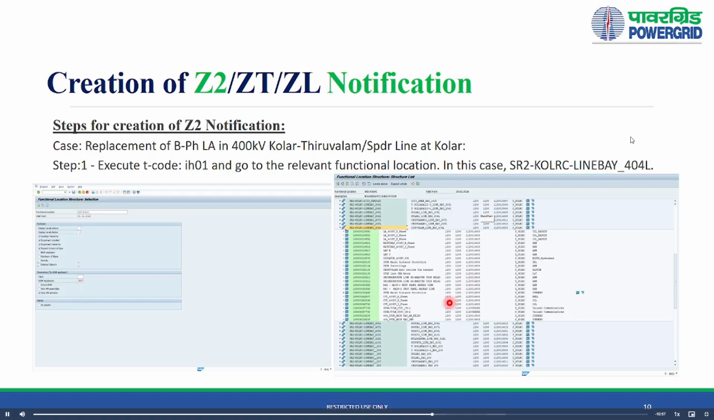Trap are available in the line bay functional location. CT will be available in the main bay or tie bay functional location. So since we are going to create a Z2 notification for replacement of LA, we are now selecting the